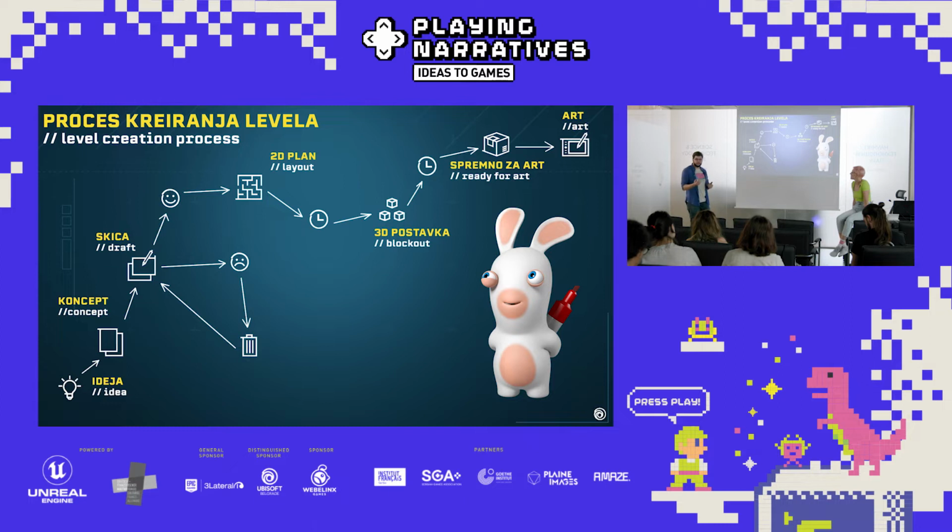We go through multiple reviews. If we don't like it or certain parts of it, we can cut it, and then we go back to the drawing board until we have that specific rough sketch of what we really want to do. Once we're happy, we can move to the 2D plan or the layout, which is basically a more concise plan of the sketch. Now we have some metrics. We know the height of the wall, the width of the hallway, etc.